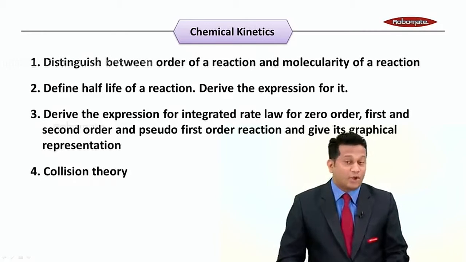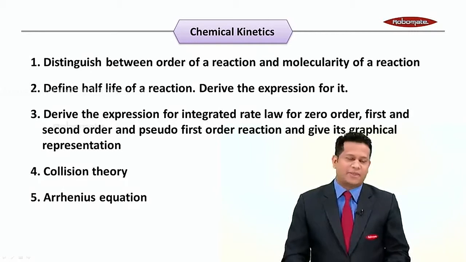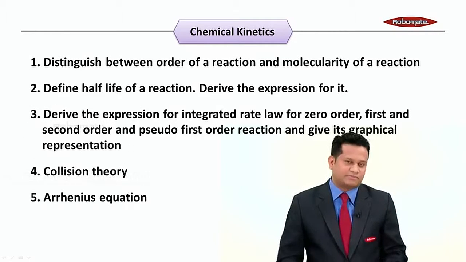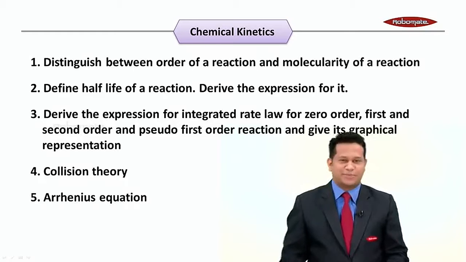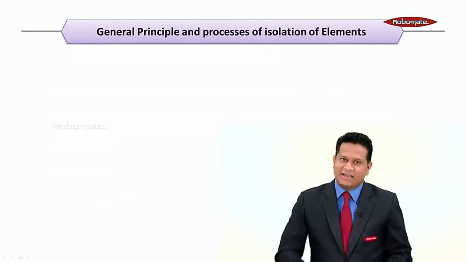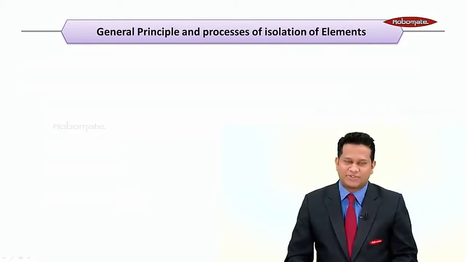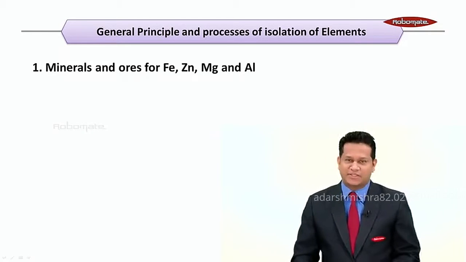Fourth one will be collision theory and fifth one will be Arrhenius equation. So that's the important question based on the chapter chemical kinetics. Let's go ahead with general principles and process of isolation of elements, where the first one is you need to